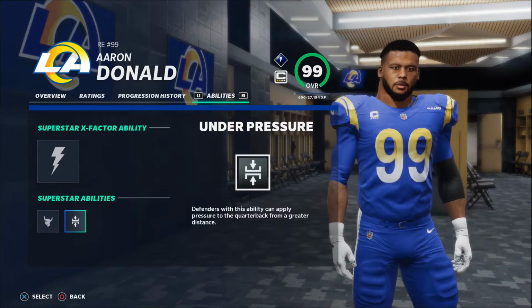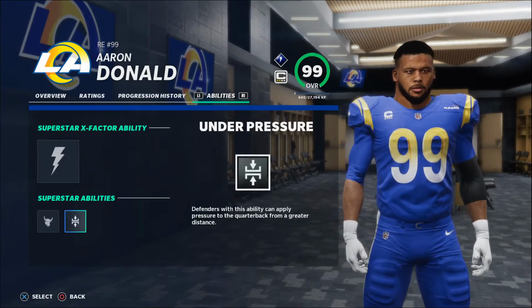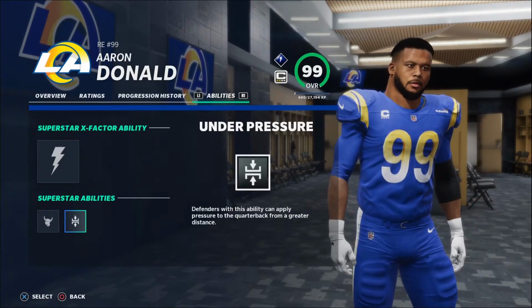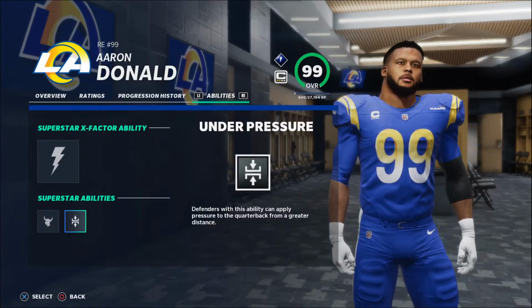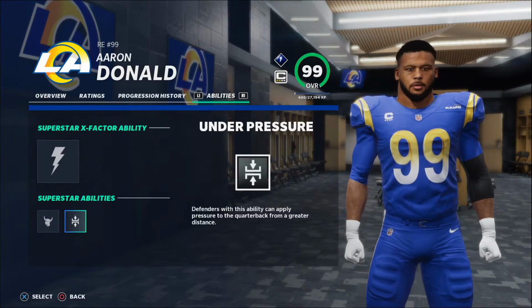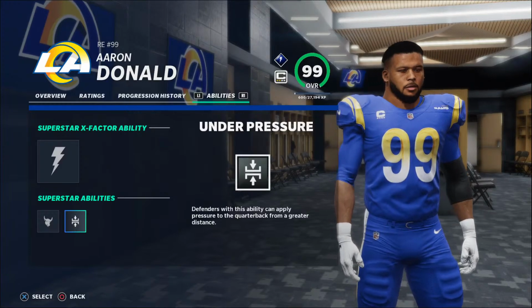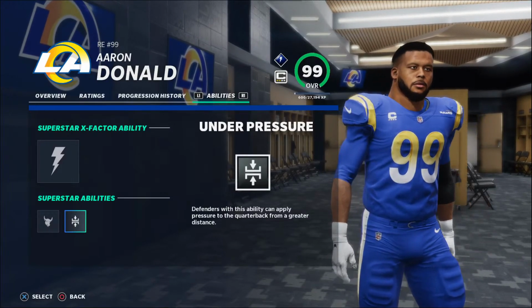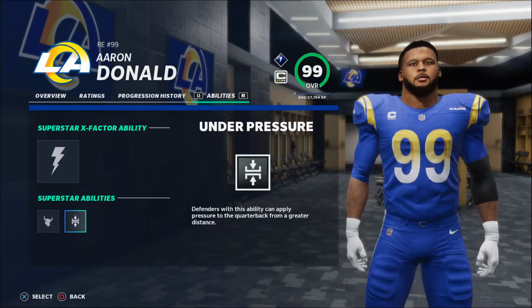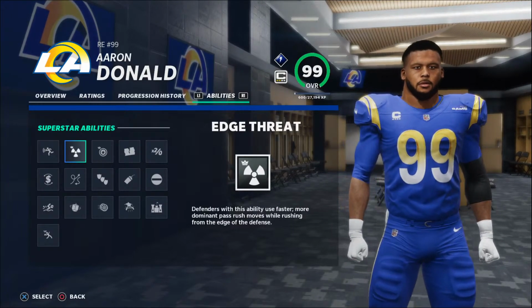In terms of actual superstar abilities, again, I stay away from the ones that extend my pressure range. You can see Aaron Donald has Under Pressure. They're going to pressure quarterbacks from a greater distance. Don't get me wrong, that's effective, and that helps to pressure quarterbacks, but when you're going up against better quarterbacks, that doesn't faze them. If you have quarterbacks that have the trait Ideal Sense Pressure and things like that, and they have a good Throw Under Pressure rating, then this isn't really going to affect them to begin with. And so I try to get a trait that is going to affect all situations,